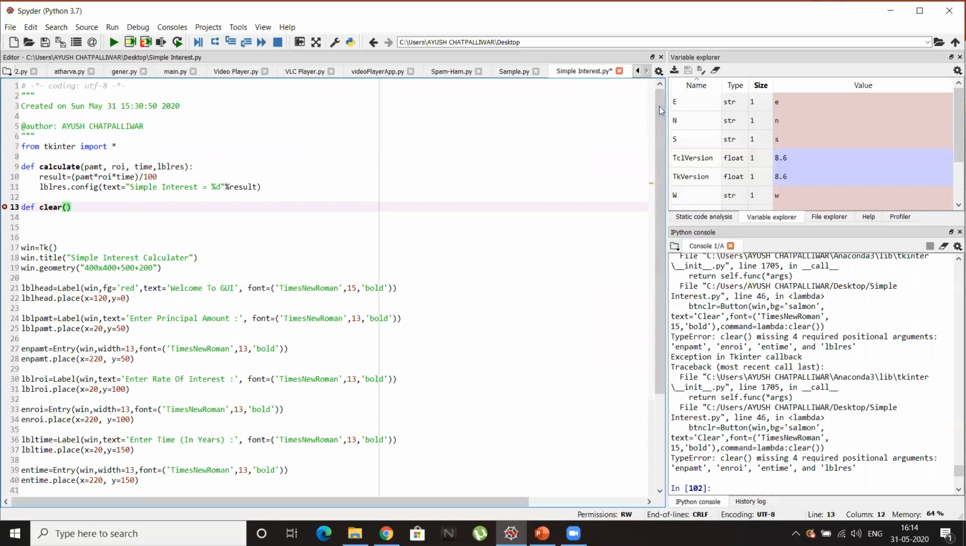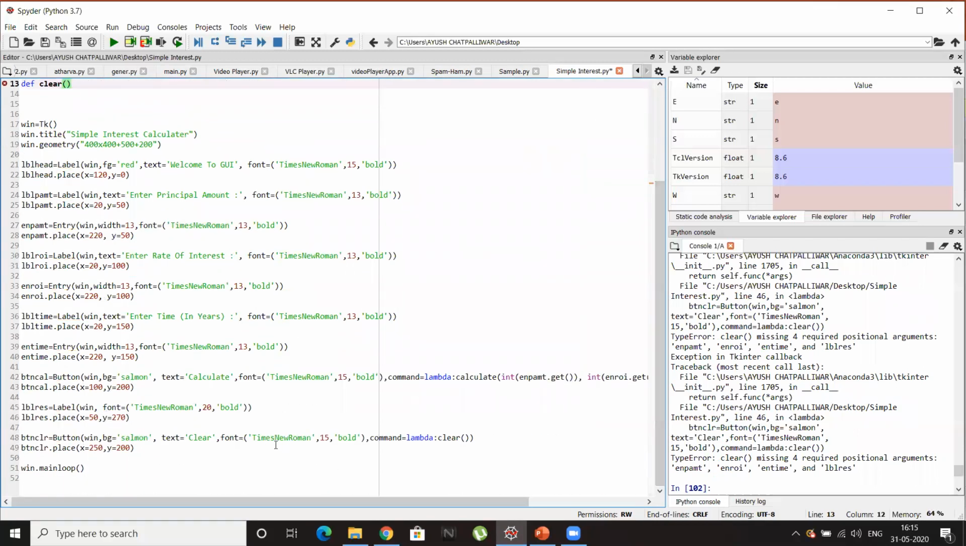So here, to change the attributes, meaning to make the entry boxes blank, I'll have to send the objects of the entry boxes. So the entry box of principal amount, I'll copy and send it while calling the function. The entry box of rate of interest, copy and send it while calling the function. And the entry box of time, just copy it and send it while calling the